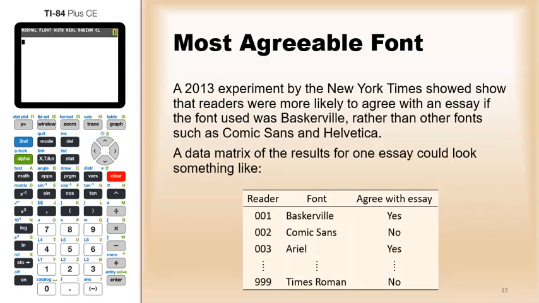Another example, a 2013 experiment by the New York Times showed that readers were more likely to agree with an essay if the font used was Baskerville, as opposed to other fonts such as Comic Sans and Helvetica. In this case, a data matrix of the results for one essay could look something like this,